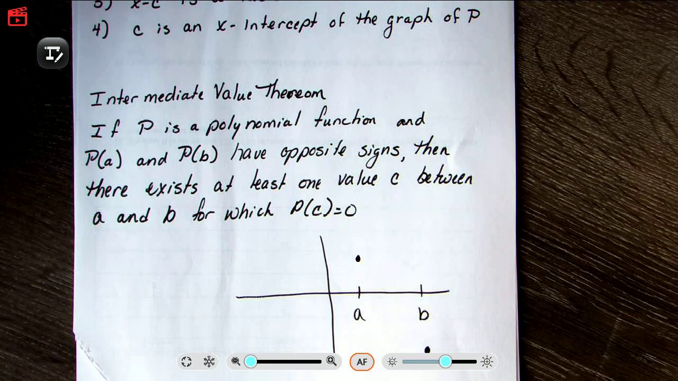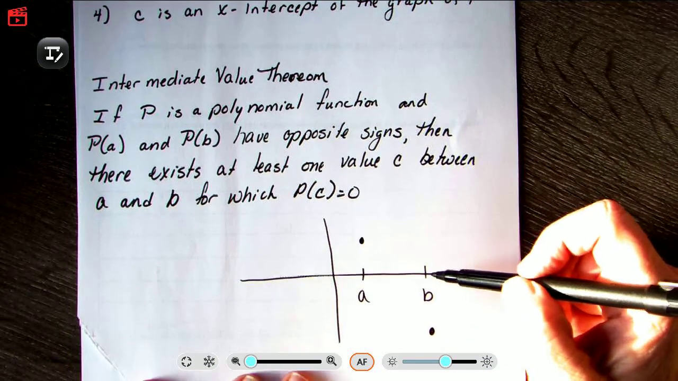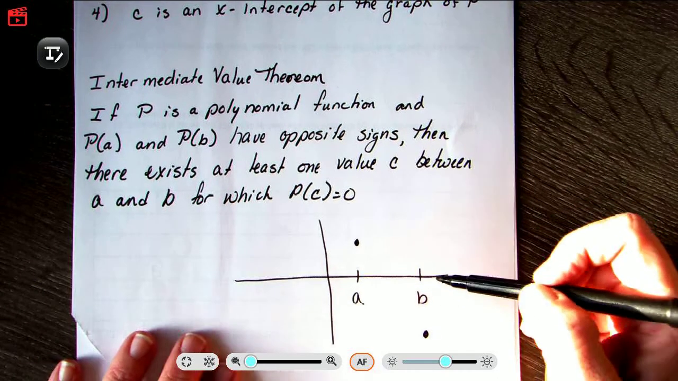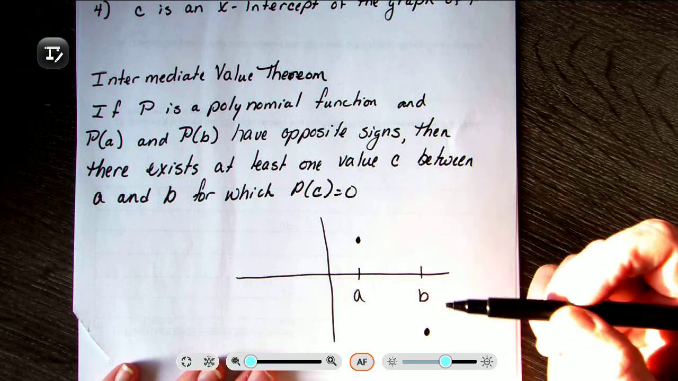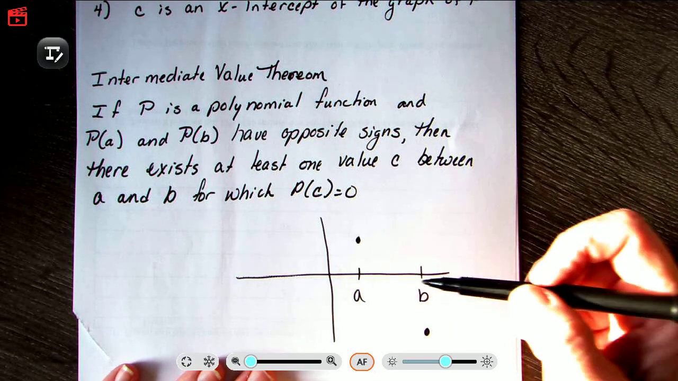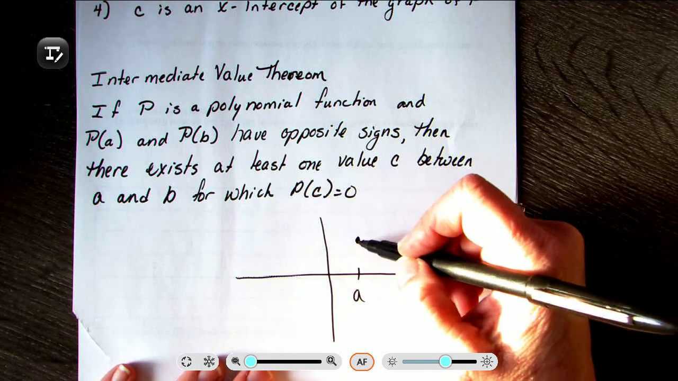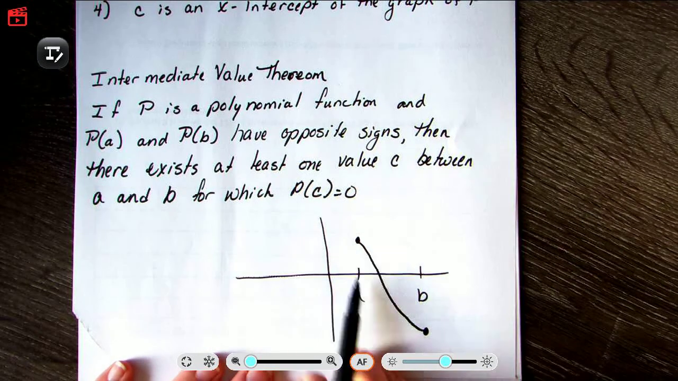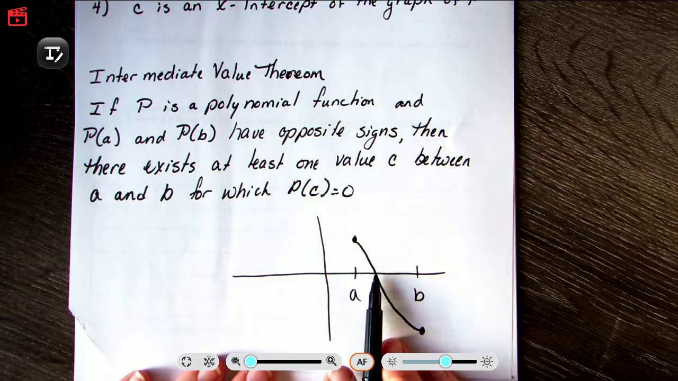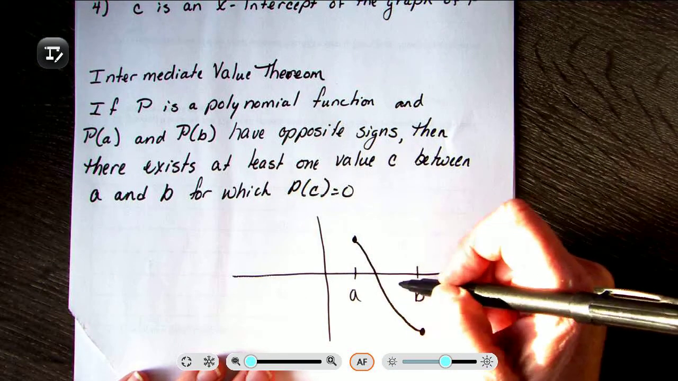What the intermediate value theorem tells us is that we have a 0 somewhere in between there. And the reason for that is because polynomials are nice, smooth, non-breaking functions. They will go from one point to another point, crossing every value in between. So since we had to go from being positive to being negative, there has to be a 0 in here somewhere. We may have had more than one, because who says